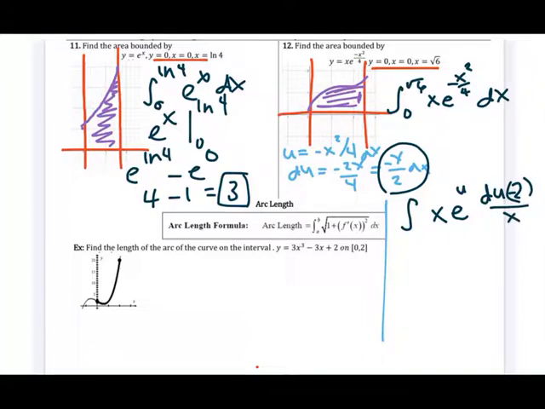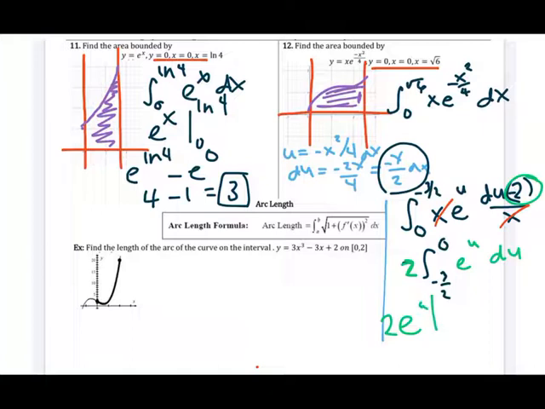Let's look at our bounds. If x is 0, u is still 0. If x is the square root of 6, then u is going to be negative 3 over 2. I can simplify these x's here. I'm also going to switch this integral around to make it have negative 3 over 2 in the bottom. But notice when I take this negative 2 out, negative 2 times this negative for changing the sign, this is just going to become 2 times the integral of e to the u du, which is going to be